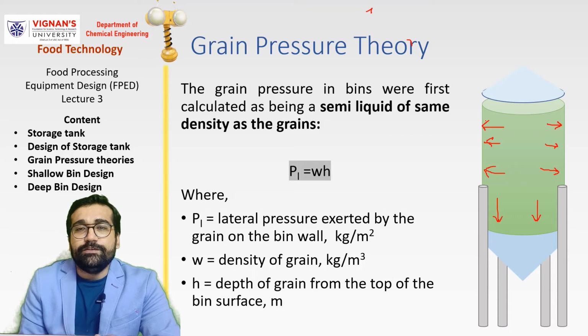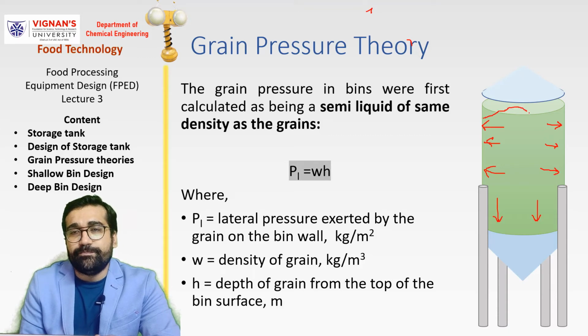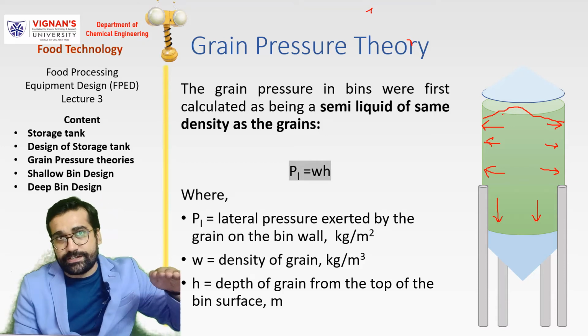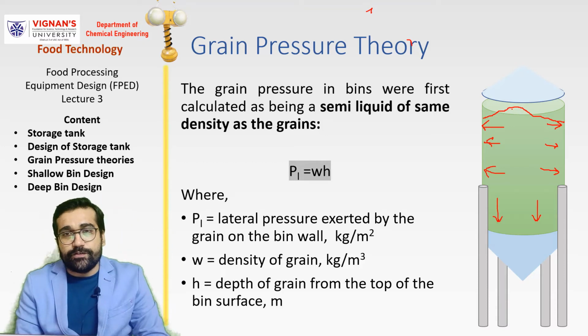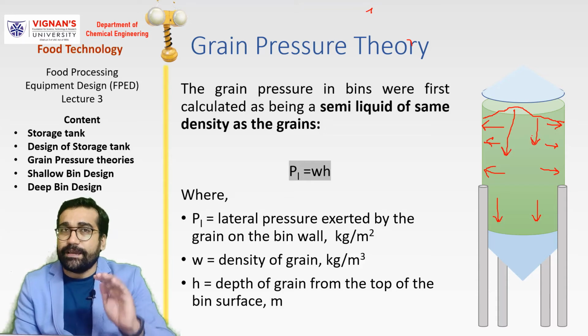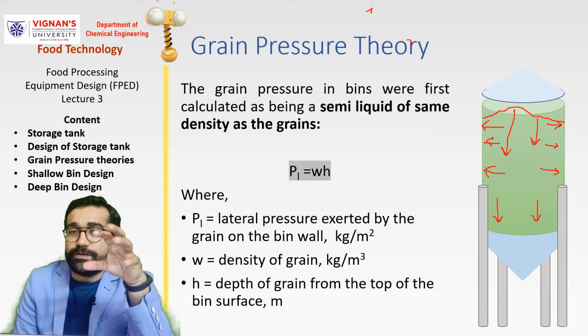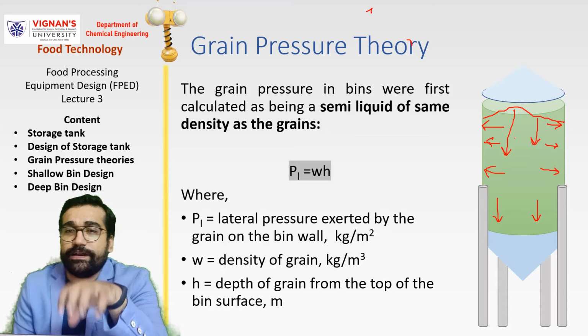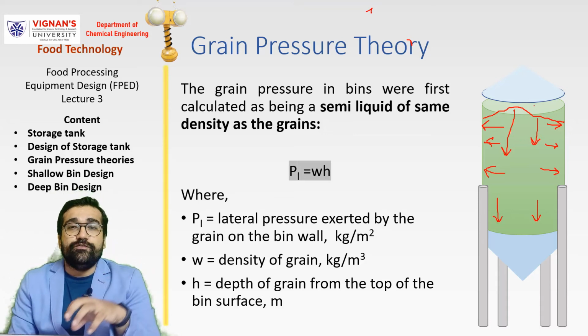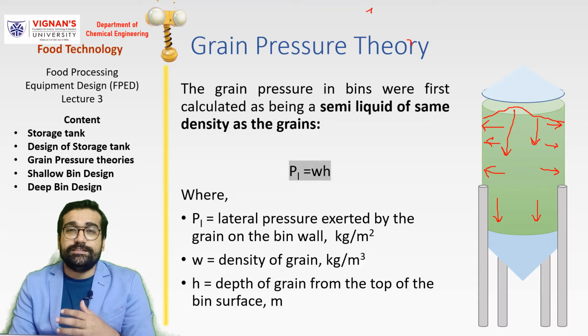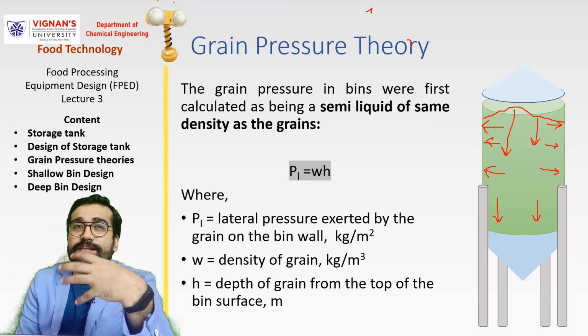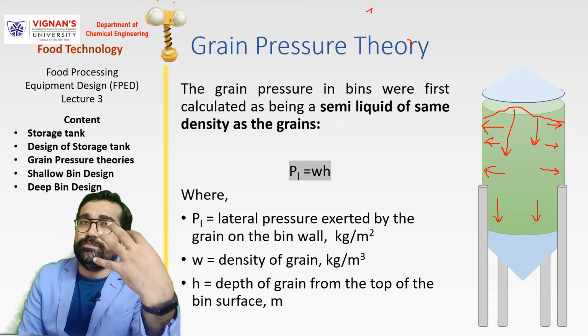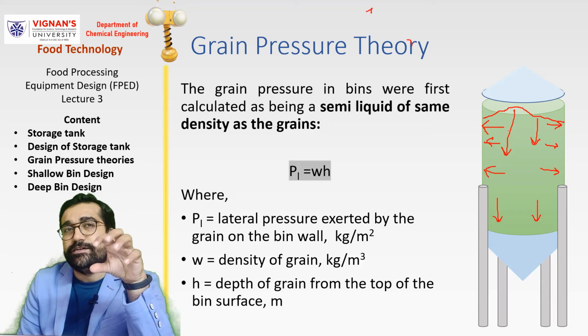Whereas when we store grains, they make a heap. When we are storing grains, they will not be level. Because of this heap, the pressure will be more here and less here. At that time, designing the silo will be very difficult. So we consider the grain as a liquid, and we assume that pressure is distributed equally